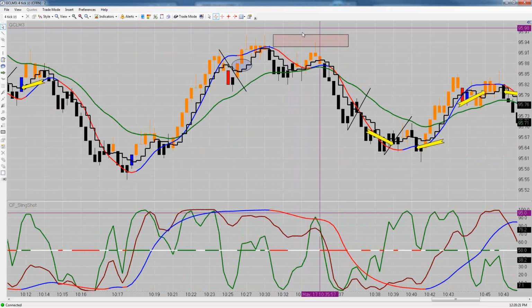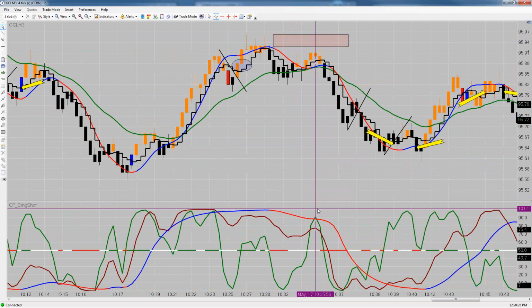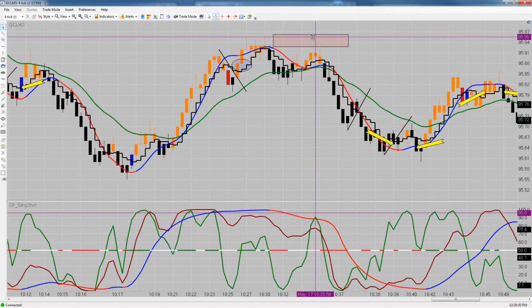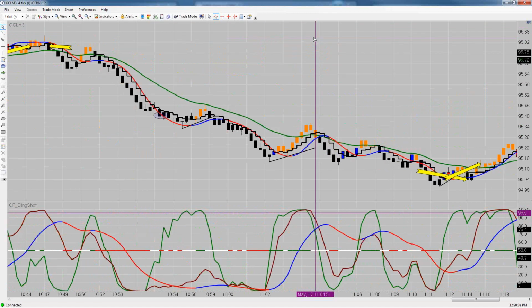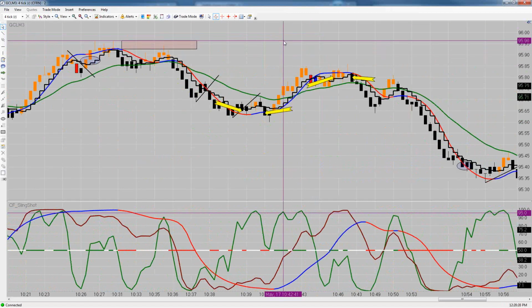I had pointed out up here that this was topping action. I had drawn this in here, right about here. I had drawn that box in there, and I said this is topping action right here. And you can see that was the top right there. It topped out at